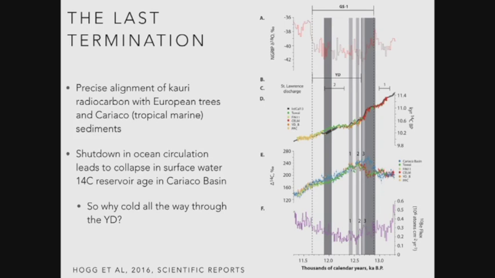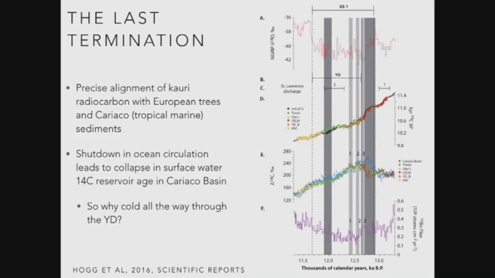And it looks like most of the time, Cariaco Basin is behaving itself. The forams that live in those surface waters are basically reflecting atmospheric radiocarbon levels with an offset of about 400 years. That ocean upwelling of old carbon has an offset of just over 400 years.